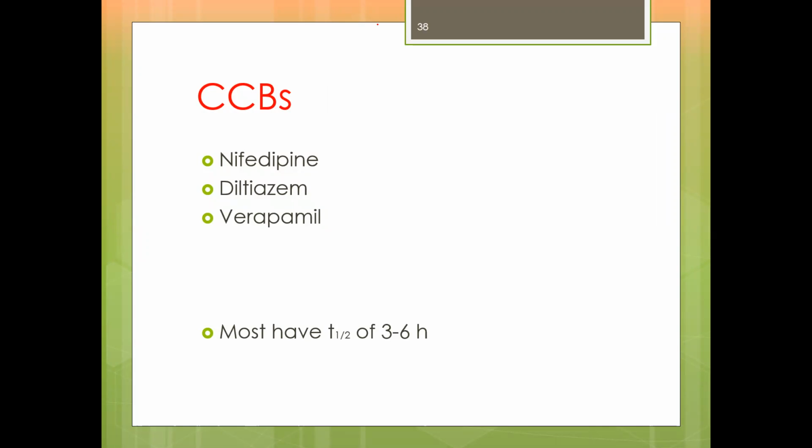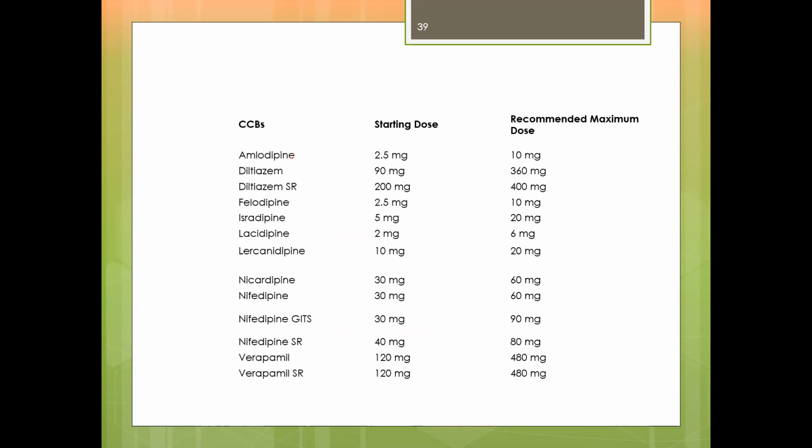So the next category of drugs that are usually used to treat angina pectoris is the calcium channel blockers, such as nifedipine, diltiazem, verapamil, and the other drugs. Most of these calcium channel blockers have a half-life of about 3 to 6 hours. So this is the list of commonly used calcium channel blockers, with the starting dose and the maximum dose